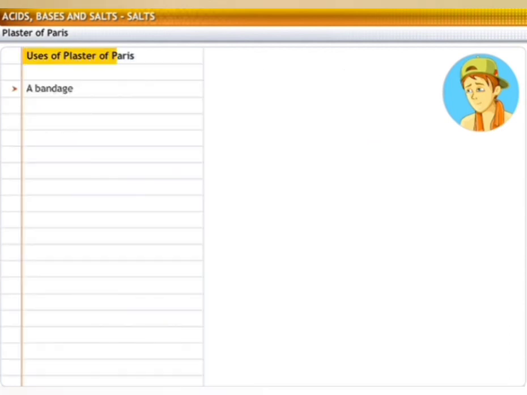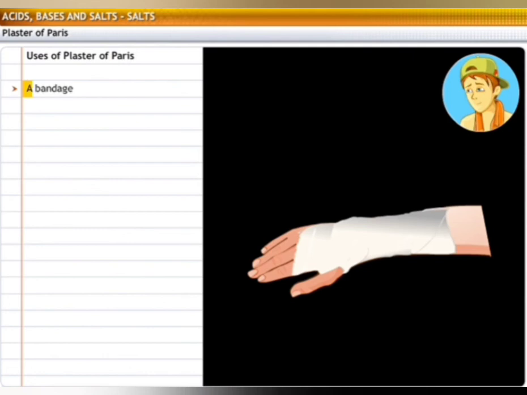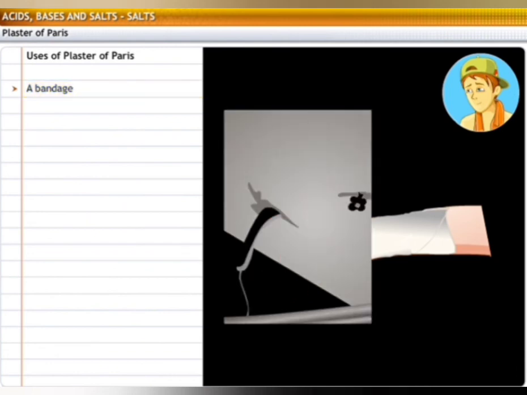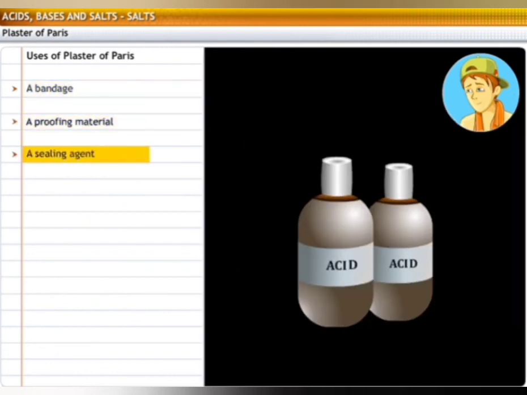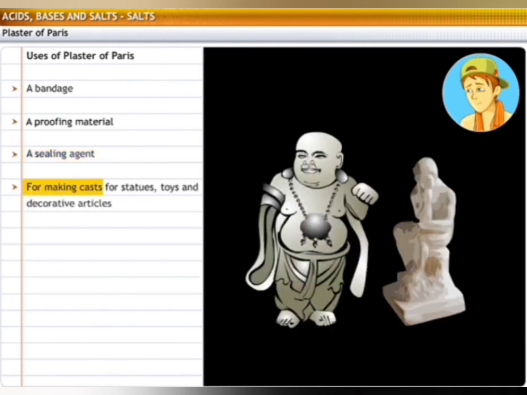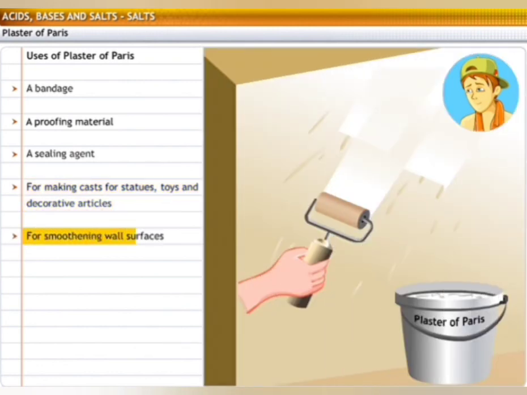Some of the uses of plaster of Paris are: for setting fractures, since it hardens when mixed with water and sets in a short time, as a fire and waterproofing material, as a sealing agent in the laboratory for sealing air gaps in apparatus where airtight arrangement is required, for making casts for statues, toys, and decorative articles, for smoothening wall surfaces,